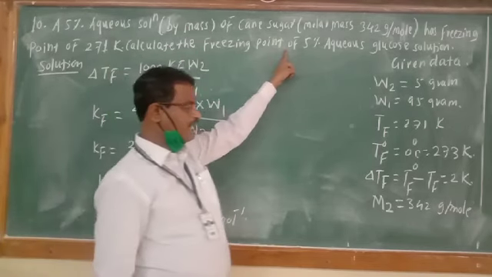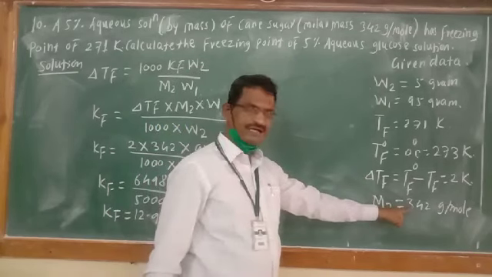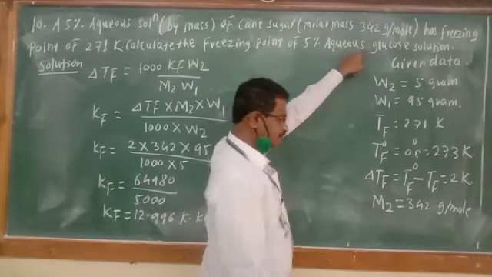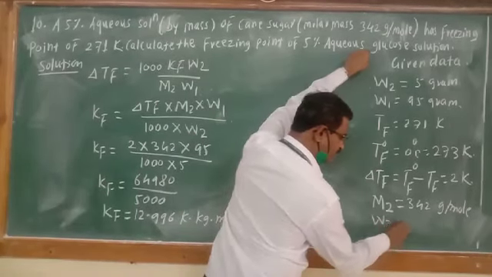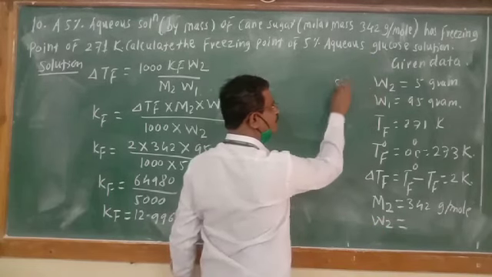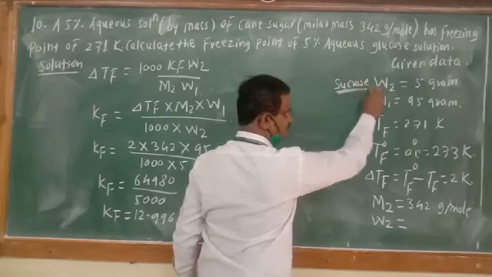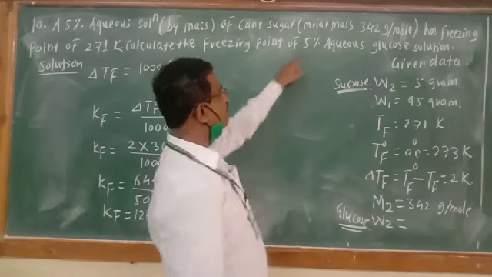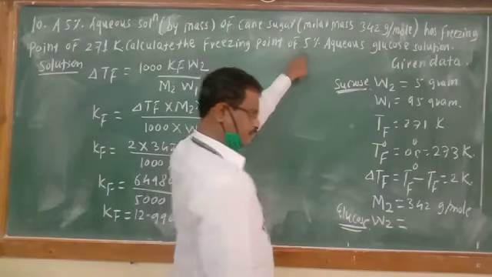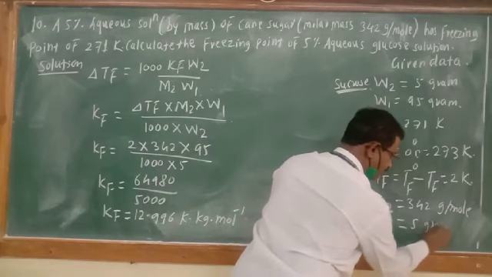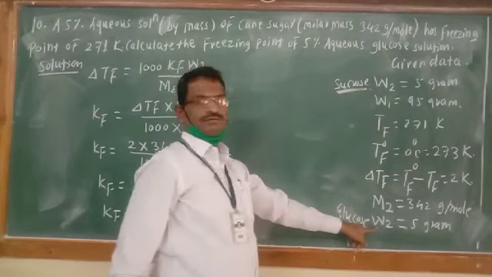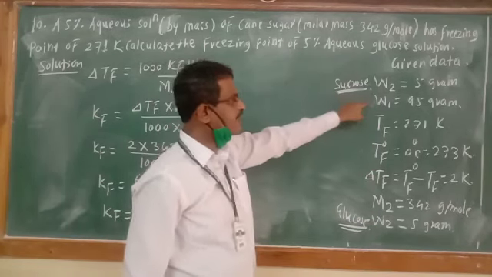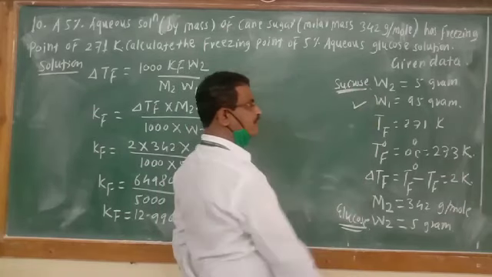First, the solute is given as sucrose with molar mass 342. Now we have to consider glucose. Again, the mass of glucose W2 over here. This is for the sucrose, and now we are considering it for glucose. Again a 5% solution of glucose is used. So what is the mass of glucose? 5 gram. What is the mass of solvent? 5% aqueous means again it is the same, 95 gram.